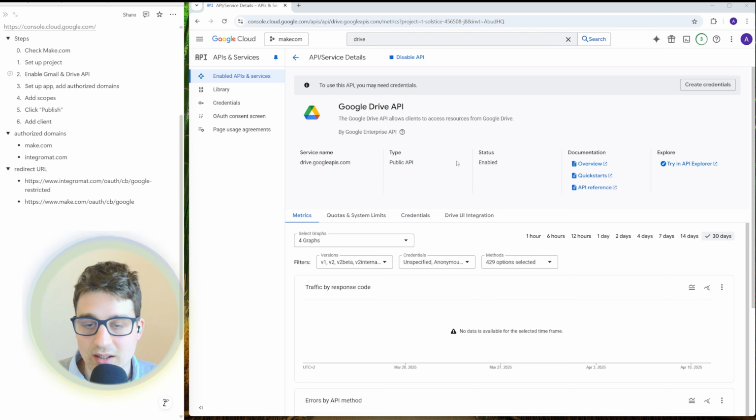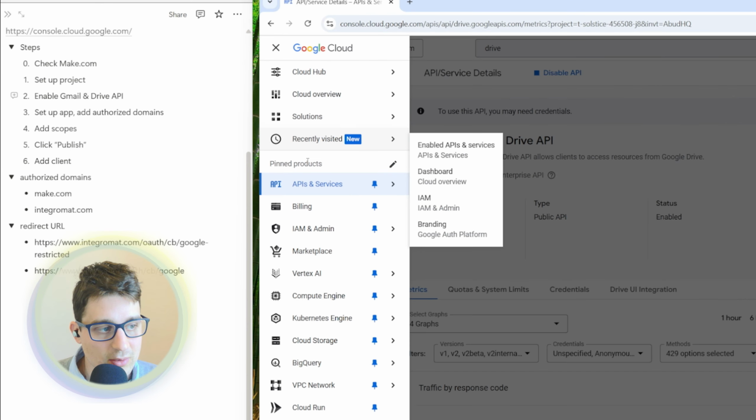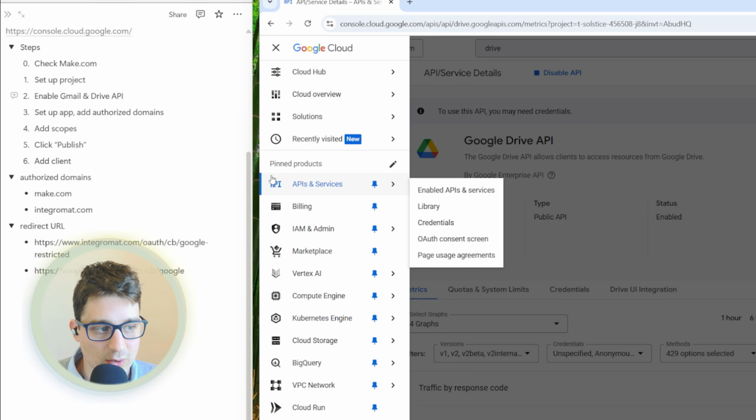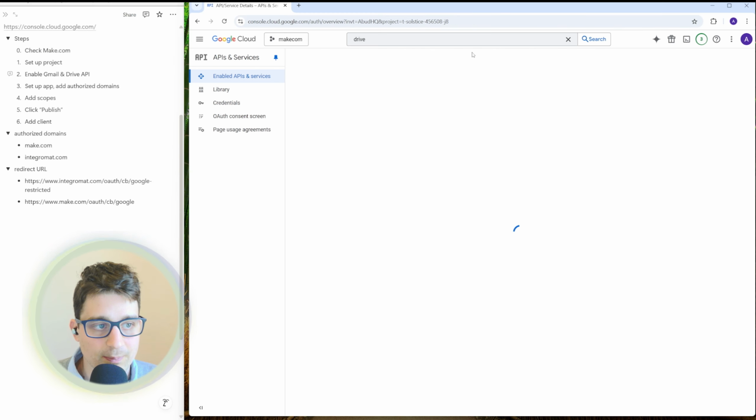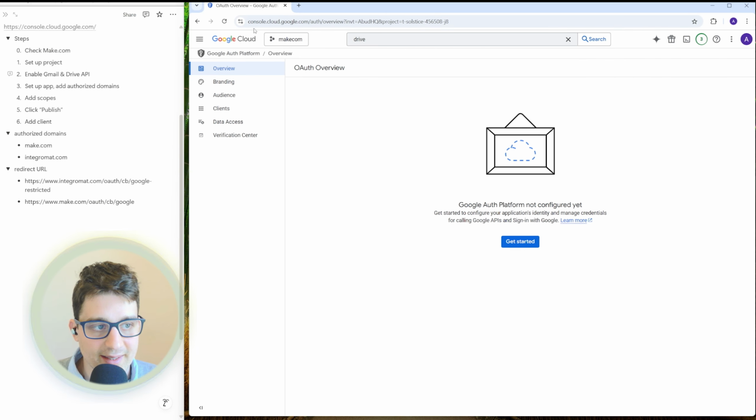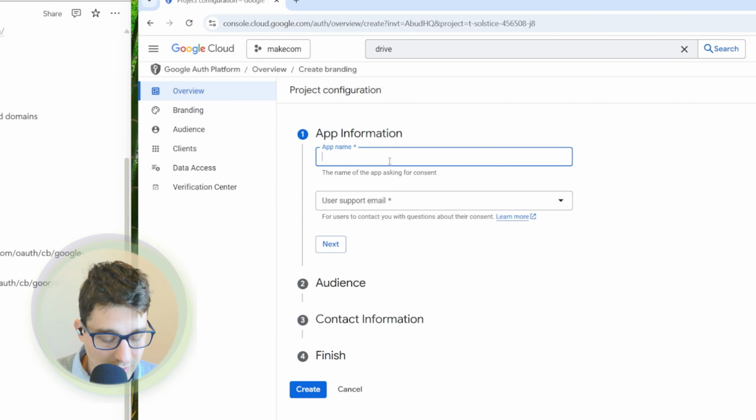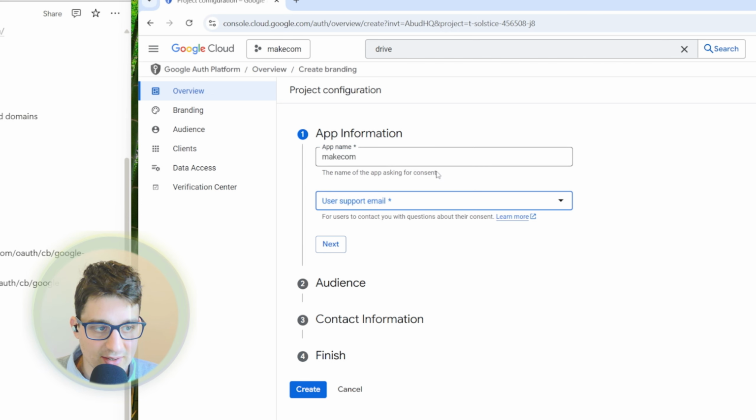So when this is done, we will have to set up our credentials and OAuth consent screen. And to find where this is, we can use the left navigation menu. And here, by default, the top menu item is going to be APIs and services, where the OAuth consent screen resides. So if we click on that, we will be greeted with the Google Auth platform configuration, which we have to go through. So all we have to do here is, again, give our application a name,